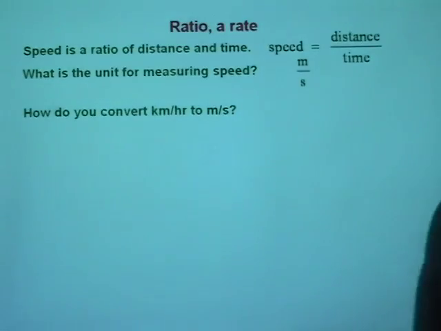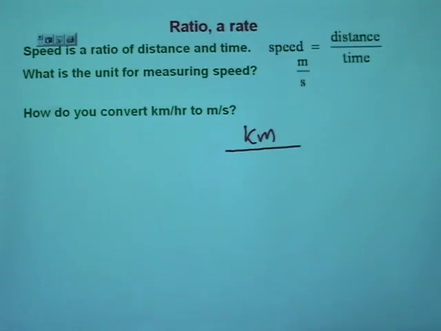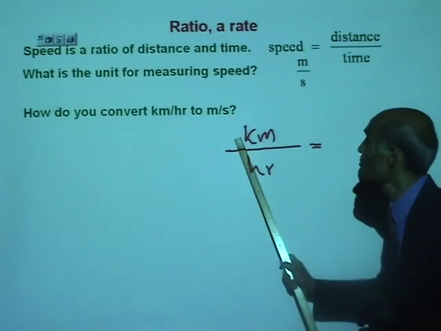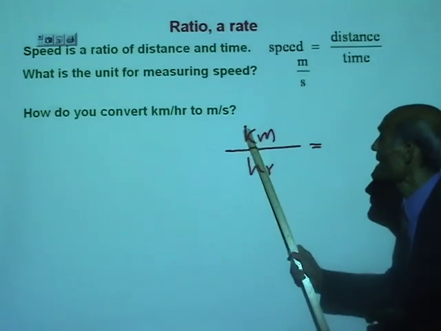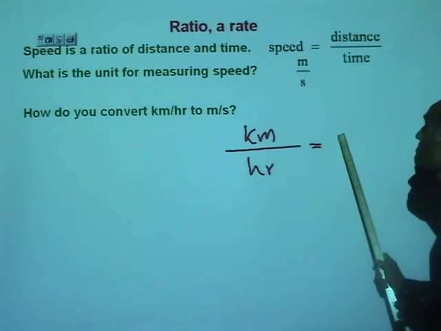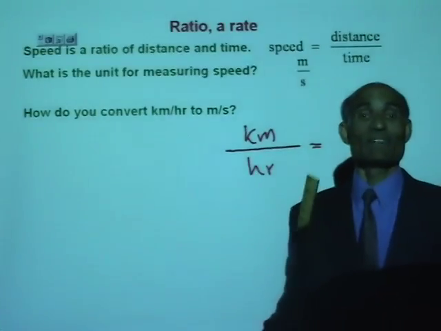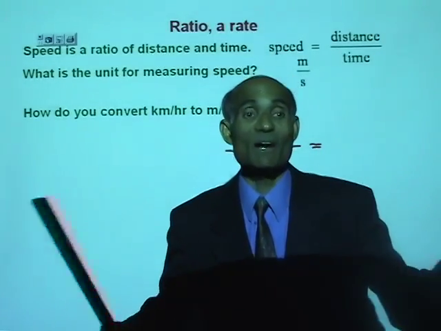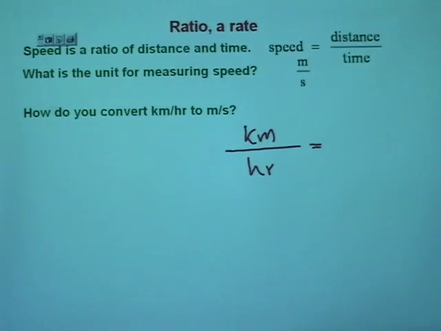I'm going to show it to you. Well, I have kilometer per hour. Kilometer per hour has to become meter per second. What I need to do is, on the numerator, write how many meters are there in a kilometer. Tell me, how many meters are there in a kilometer? A kilometer contains 1,000 meters. So, kilometer divided by hour is the same as 1,000 meters divided by